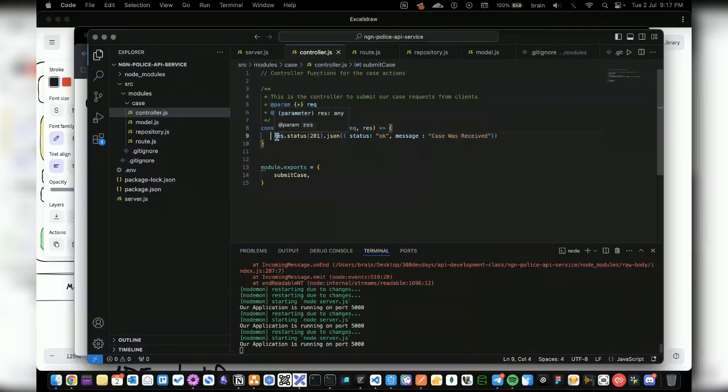In the next class, what we'll do is we'll proceed to actually send a case with a description, a status, and then we'll send it as JSON. We'll save that case to our database, right? And we'll save that case to the database, and it can be retrieved later by the application. Okay. So we'll continue with that in the next session. So we don't take too much time. We've covered a lot already.